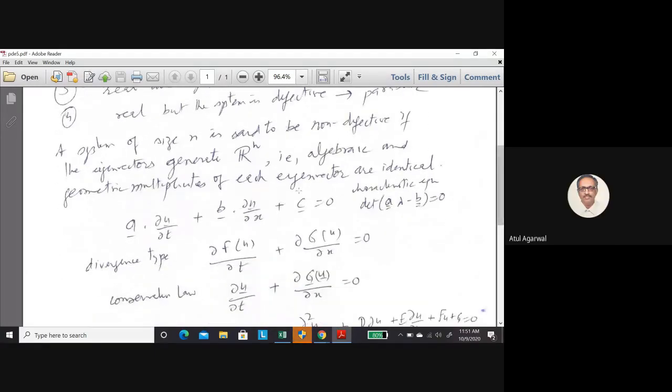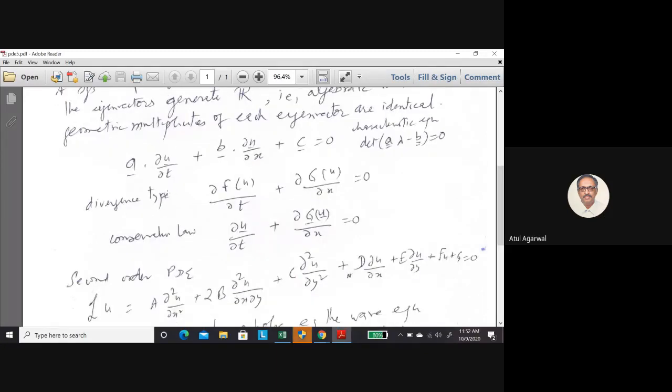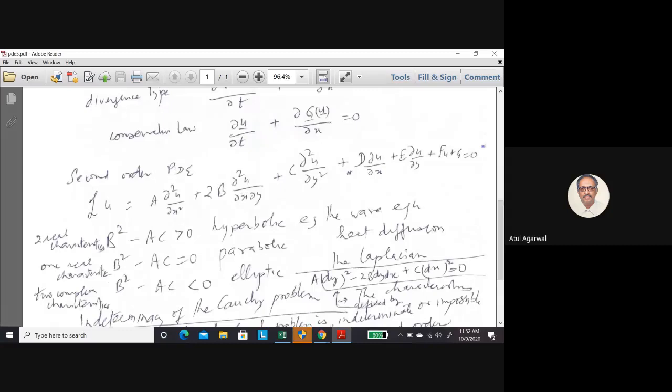So suppose this is our differential equation. This is the first order differential equation, and here you can use a vector. It's a set of equations. We'll talk about this. This equation can be written in this form. This is a divergence type of expression. I had told you about the divergence type of expression, something like del by del x, del by del t. It can be a conservation law if this is like del u by del t plus this. Then this is one typical second order partial differential equation.